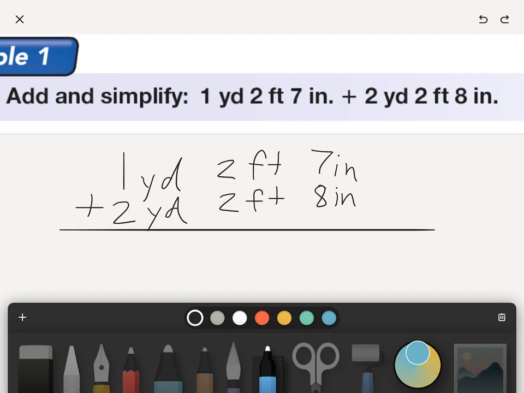So in this case, we could say, well, I've got 3 inches, but I can now carry 1 foot over to the next column, because 15 minus 3 is 12. And so here's the 12 inches for my 15 inches I had here, but I've converted into feet so that I don't end up with something where it's like, 3 yards, 2 feet, and 15 inches,